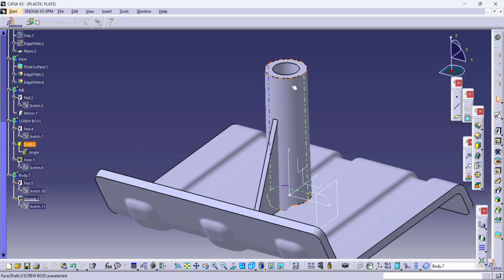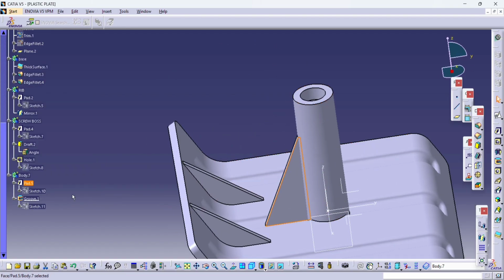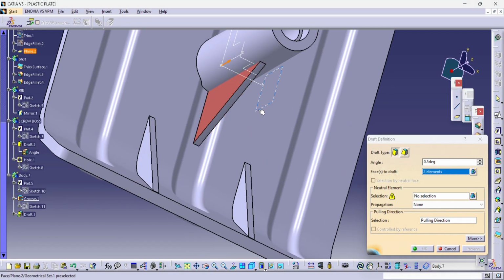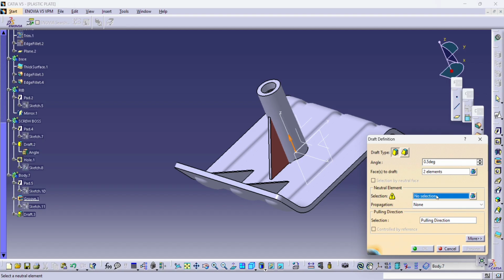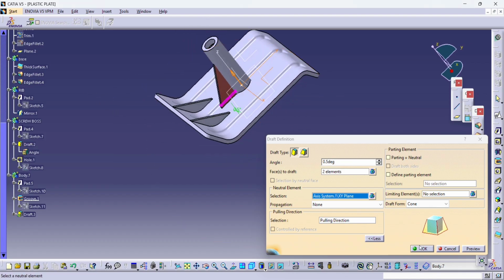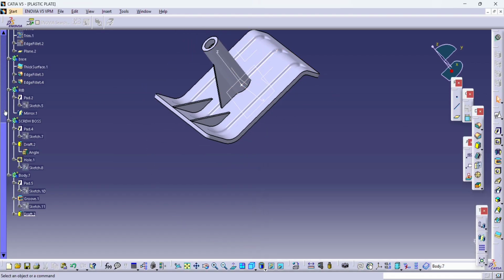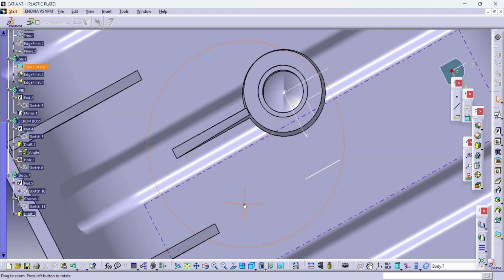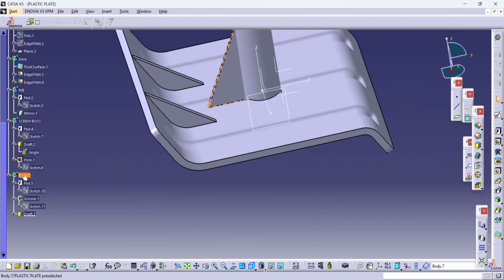So now once again, whatever pattern we require, 2, 3, 4, we'll keep it as 3. So before that we'll add the draft for these plates, 0.5. Okay, direction is okay. Yes. So you can see it is removed from the tooling direction. Define,